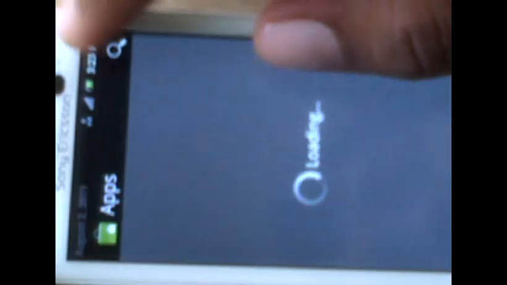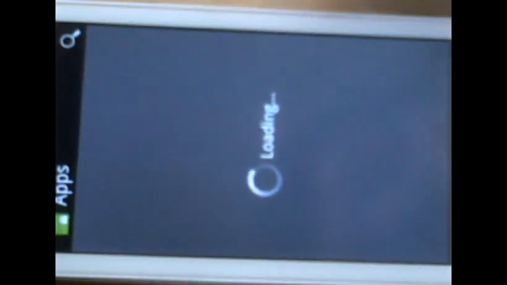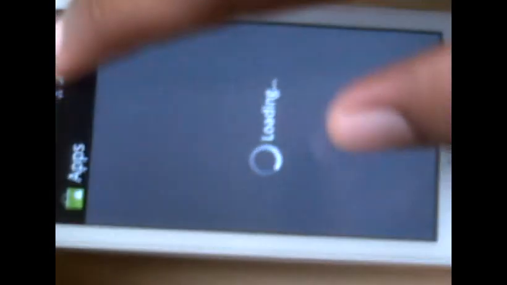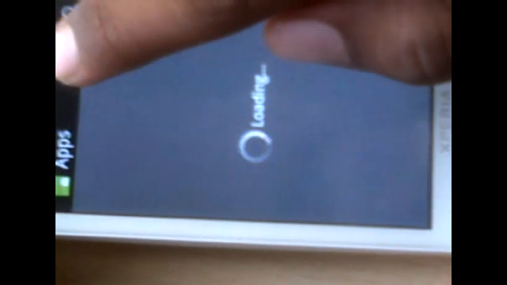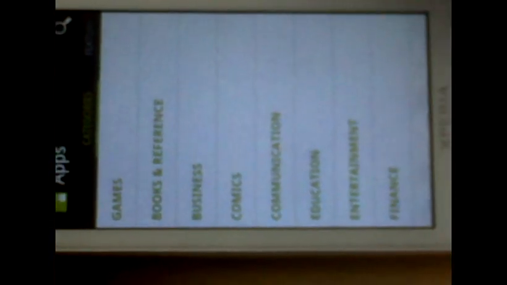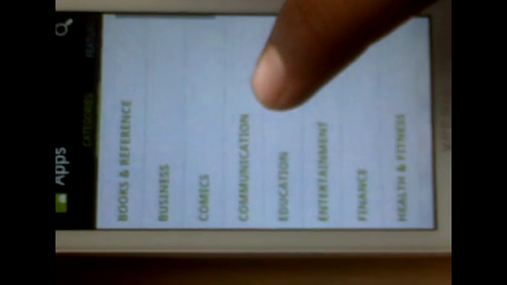Then you can see here the notification area, where there are new icons for the battery, for the internet and for the network. Okay, now you can see the categories, where you can see games, books and reference, business. So many categories are in the new market.